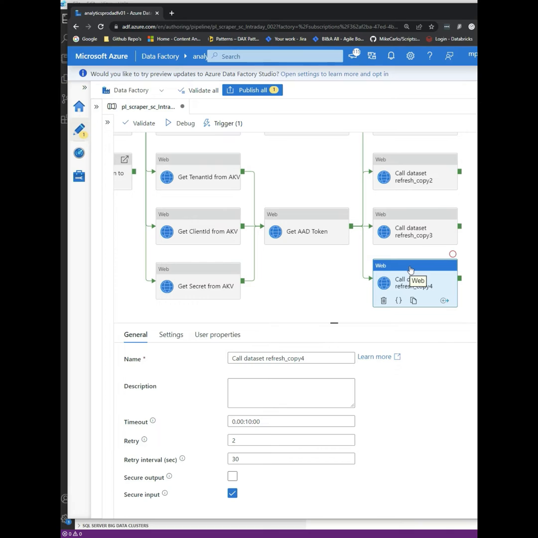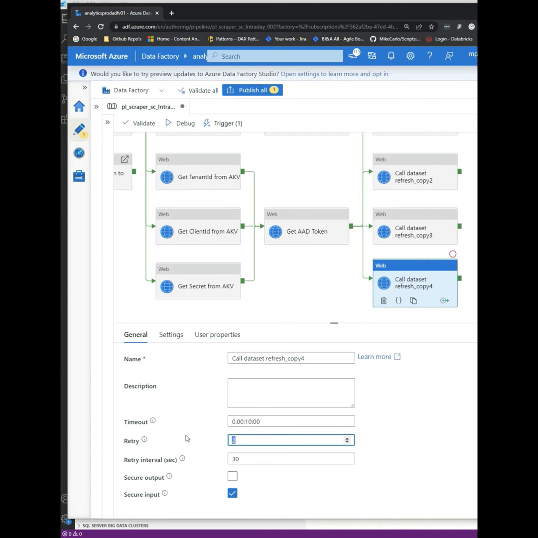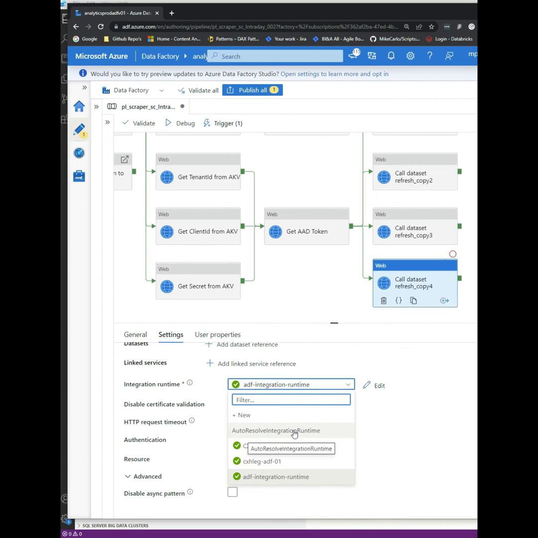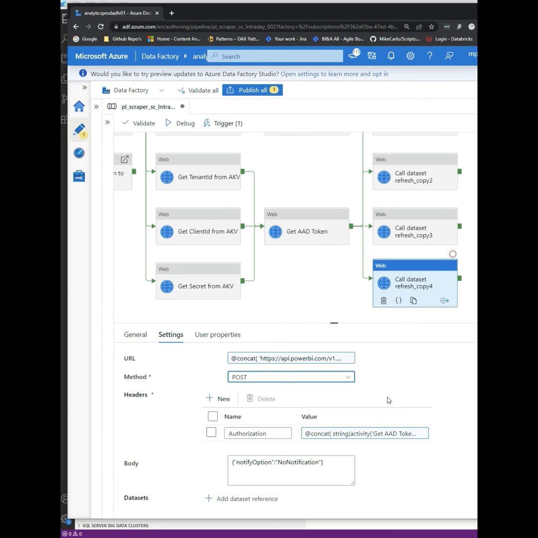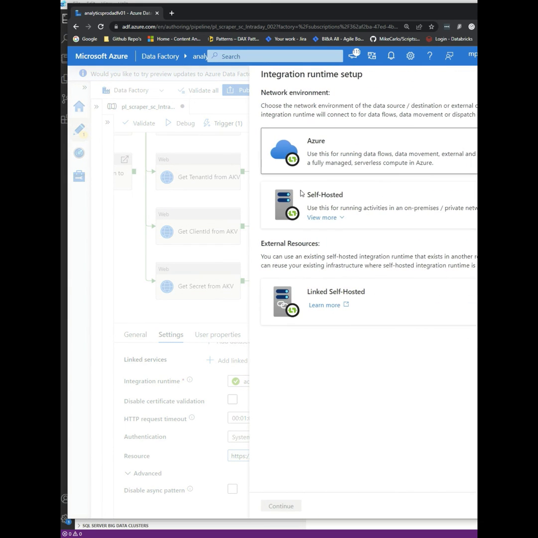You can just click on your call dataset refresh step. I would also recommend to set the retry steps to 2 or even 1, just in case it fails the first time around. It'll just restart and try again. But you can come into settings, and then down in integration runtime, instead of using the auto resolve integration runtime, use a self-hosted one if you already have one that's existing. If you don't, you can just click on new and then come to the self-hosted option and then proceed with the